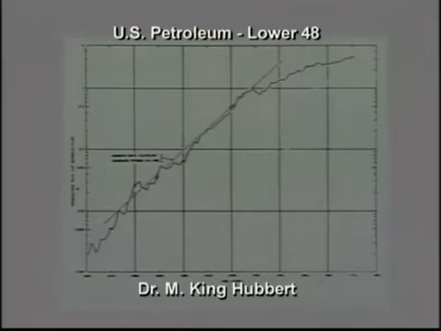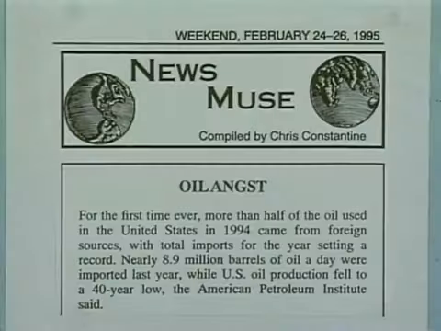Well, let's look at Dr. Hubbard's graph for oil production in the lower 48 states. There was a long period of approximately steady growth indicated by this straight line on the semi-logarithmic plot. But for quite a while now, production has fallen below the growth curve while our demand continued on up this growth curve until the 1970s. Now, it's obvious the difference between those two curves has to be made up with imports. And it was in early 1995 that the news told us that the year 1994 was the first year in our nation's history in which we had to import more oil than we were able to get out of our own ground.